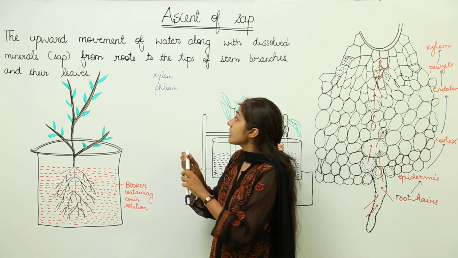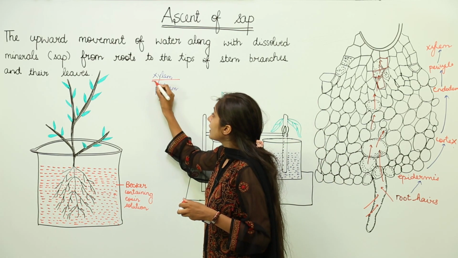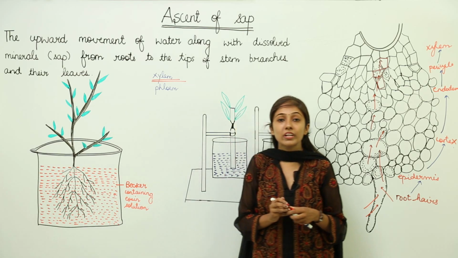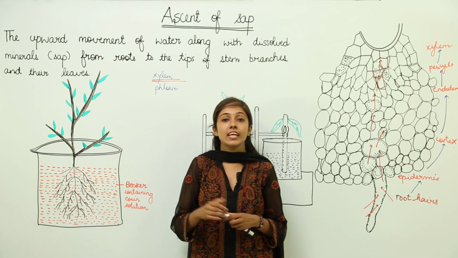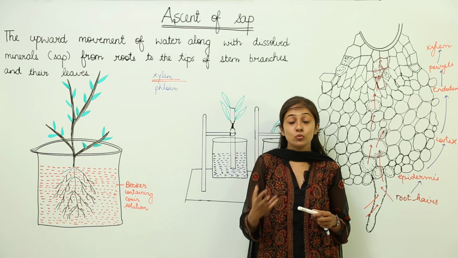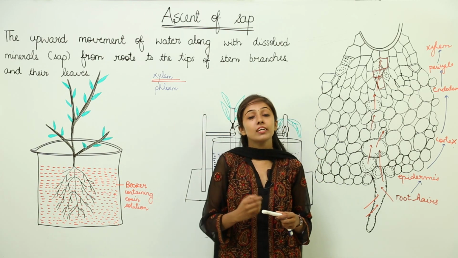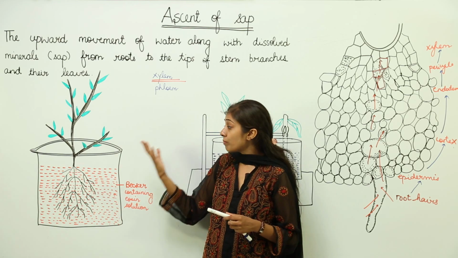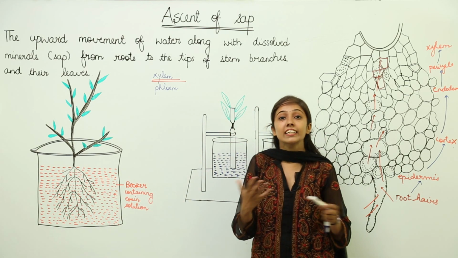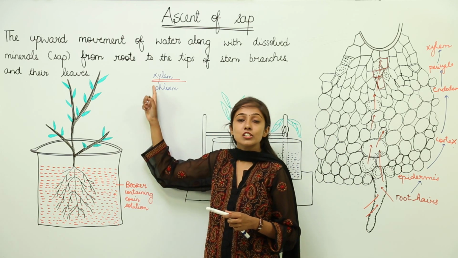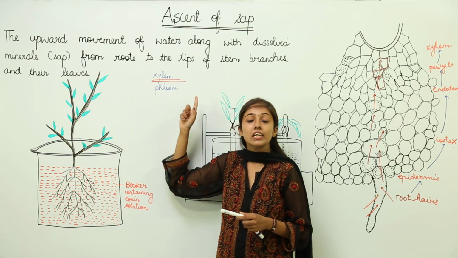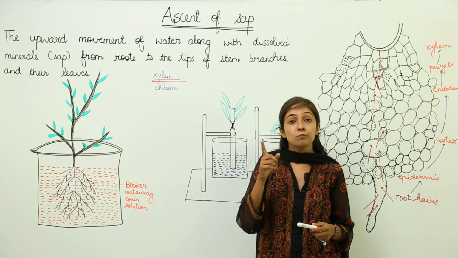Through this xylem tissue. That is why the xylem tissue present in the stem, the roots and the leaves is stained red or orange red. That xylem is going to appear differently in this case. So, by this experiment, by this dye test, you can actually say that xylem is the tissue that is responsible for the conduction of water and minerals.